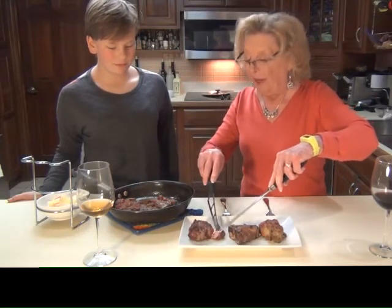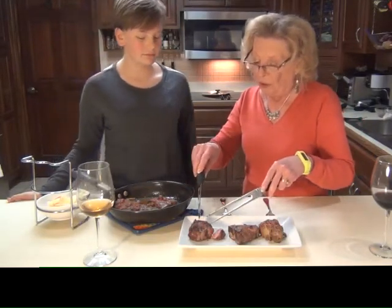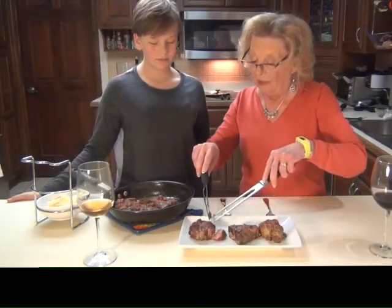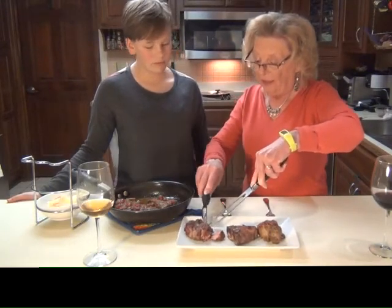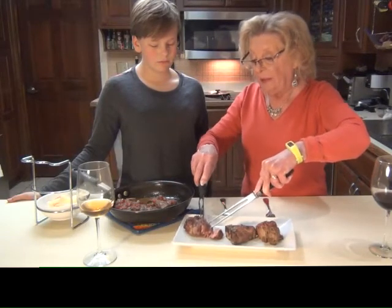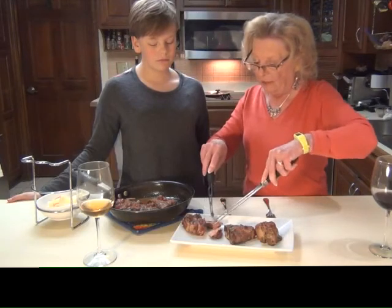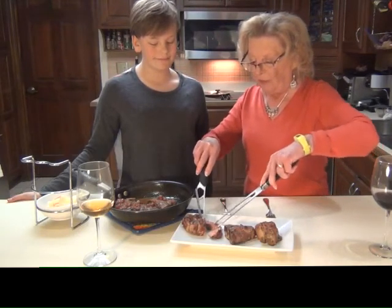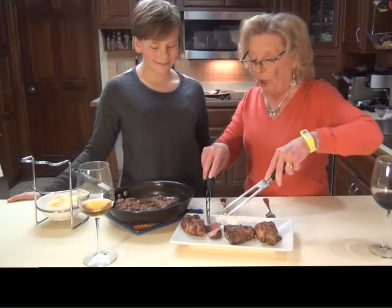And, of course, we like our lamb rare, medium rare. We want to be sure that it's cooked, but we just think the flavor's better. But I've run into some people that really like to have their lamb a lot more cooked. And in Indian food, I've noticed they seem to always overcook for me, for my taste. But look at this. Look at that. That is a perfect